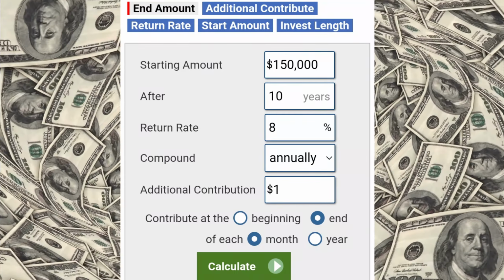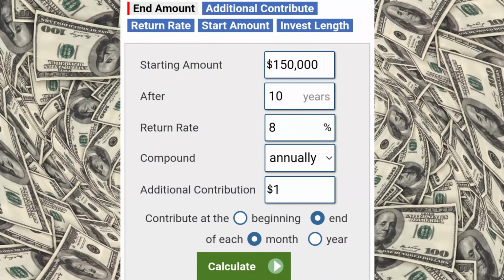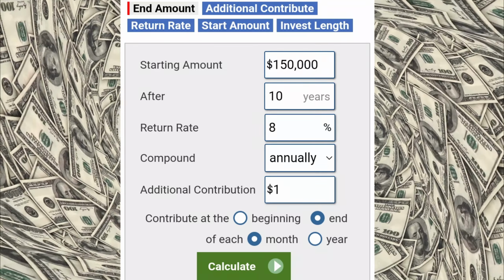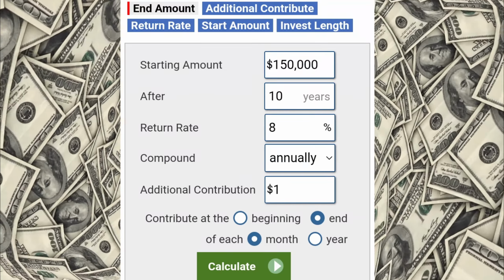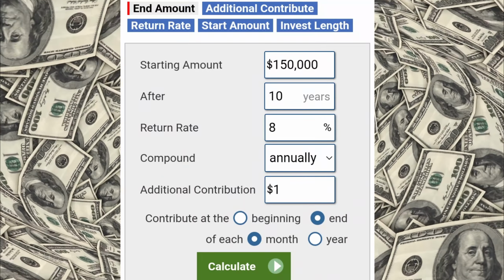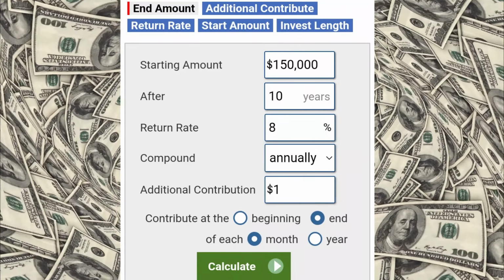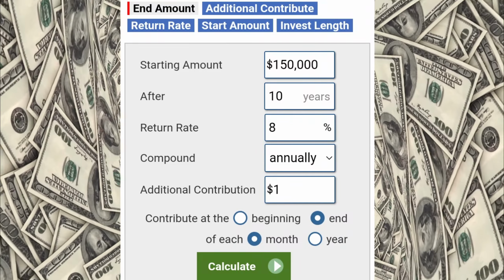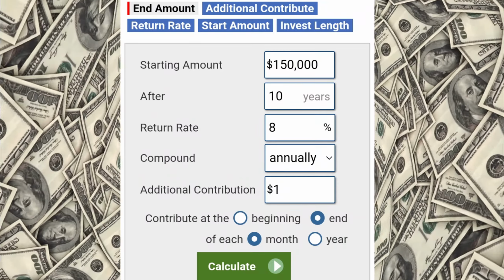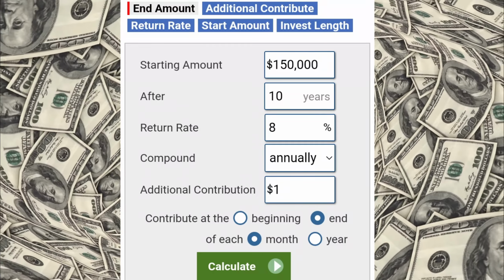Now, I should mention that out of the last 5 years, we've done over 20% in the S&P 500 for 3 of those years. So this is being very conservative with our numbers, but that's okay, because it's good to look at things conservatively. So the compound rate will be annually. And then the additional contributions, you have to put something in here. So I'm going to put $1. All right. And then if we calculate that, we're going to end up coming out with